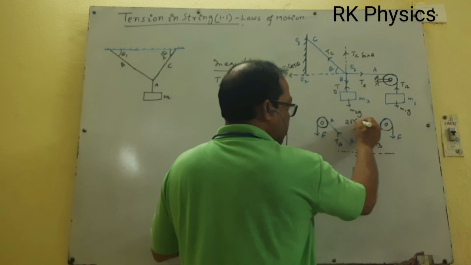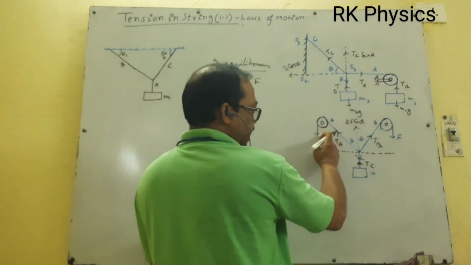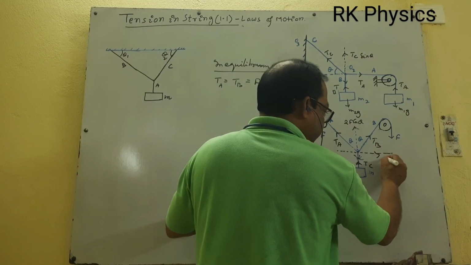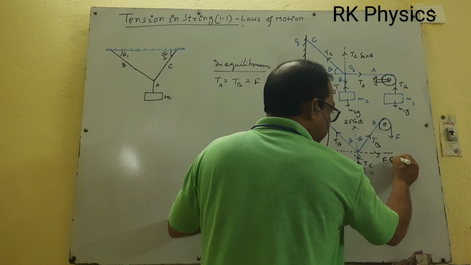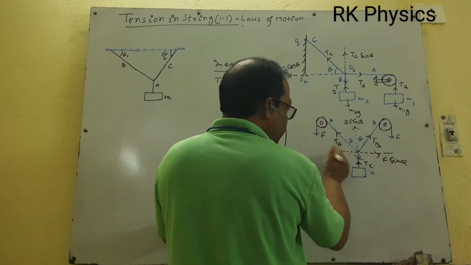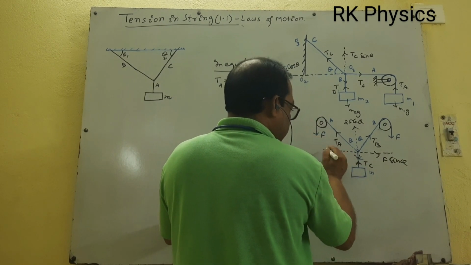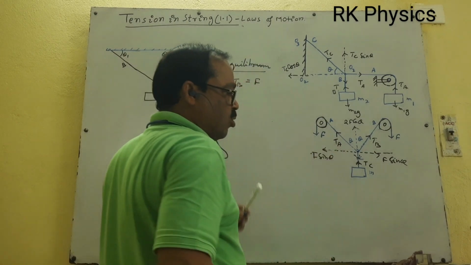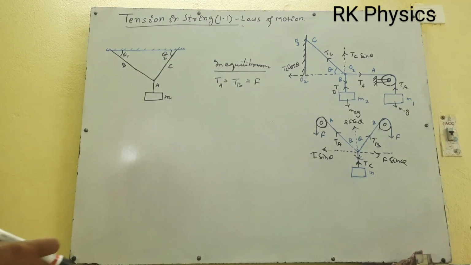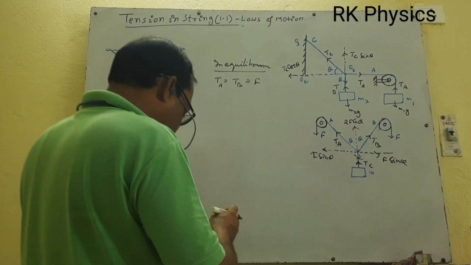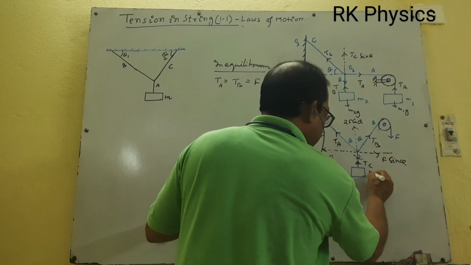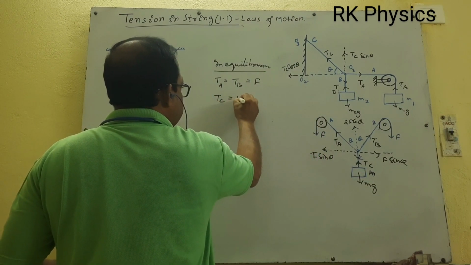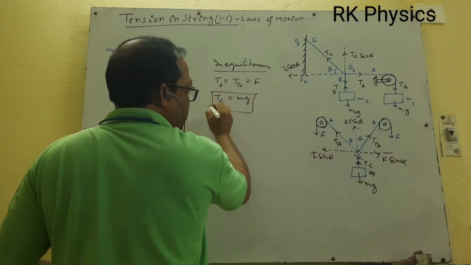If you take this point to be origin and this is the horizontal axis, along this direction TB equal to F, TA equal to F. This is 2F cos theta, one component of this, another component of this, added up. Whereas TB means F sin theta towards right, and from TA again F sin theta towards left. So these two cancel. That means the system is in horizontal equilibrium. If you use vertical equilibrium, then weight of the body is mg, so therefore TC is equal to mg. This is the first equation.